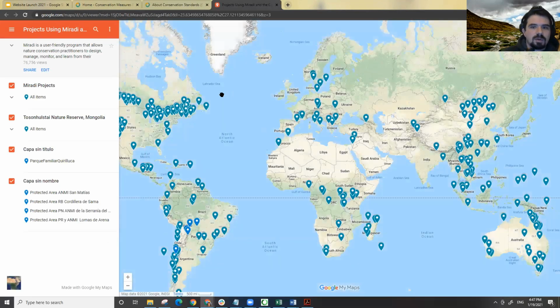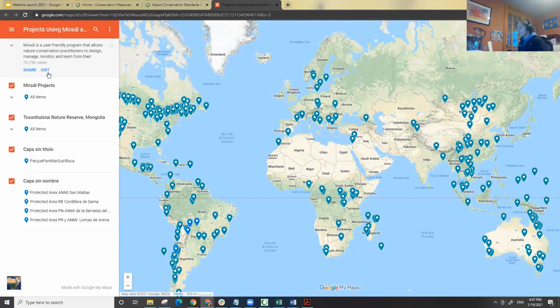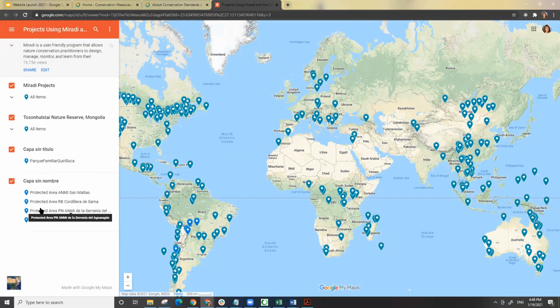map a few years ago when we needed a map for the new Mirati site. So this one was originally hosted on the Mirati site, and I sent an email out to the network, to CCNet, to ask everybody who wants to add any projects that they know or have been working with or are working on, that use Mirati and/or the standards, to put a little flag on the map and put some information down. It's, as you mentioned, Caroline, a purely user-curated map, meaning you can go in and delete everything, which you shouldn't do, of course. We do take regular backups, but